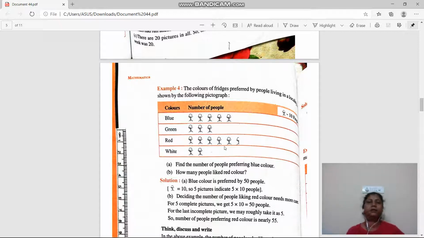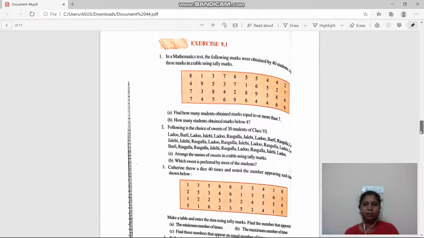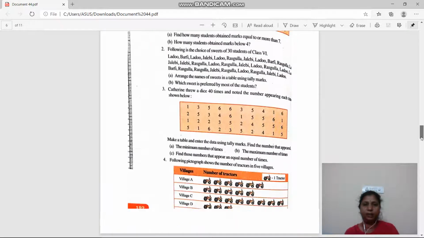Okay, then next thing, see the symbol should be symmetrical, because so many times we have to represent numbers that are not multiples of 10, they are more or less than 10. So what we have to do, we have to cut the parts of it so that we can understand how many people there are. Okay, so we understand the pictograph, right? Then we answer the questions. Suppose we will discuss one of the examples here for pictograph. Okay, so this is 9.1.